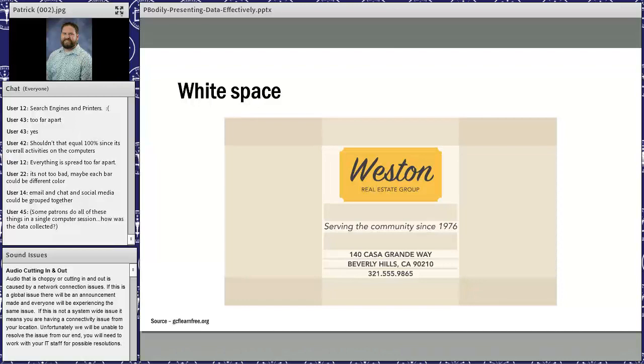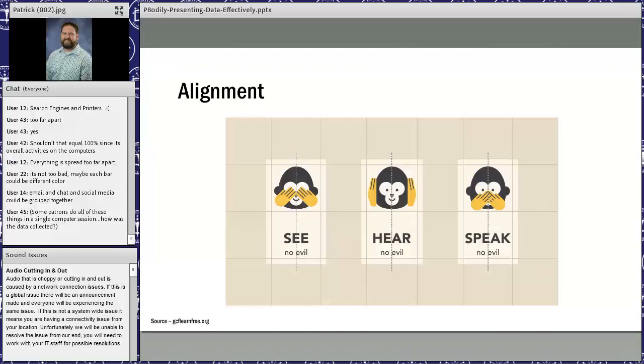So white space helps you define and separate sections, and it gives your content room to breathe. If your work ever starts to feel cluttered or uncomfortable, a little white space might be just what the doctor ordered. So again, on this one, logo, motto, or whatever they're calling that, and then contact information all together, but with white space separating the different sections.